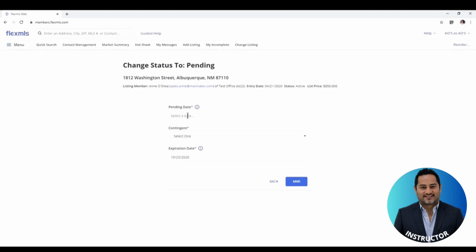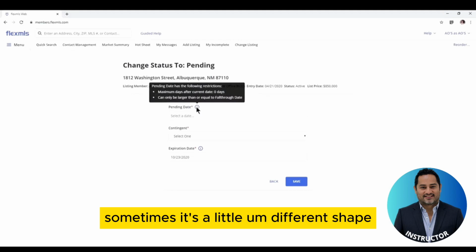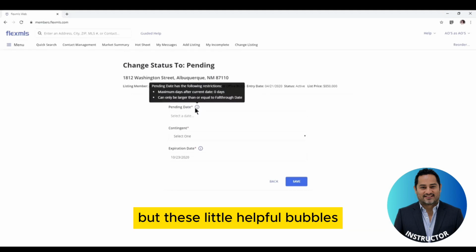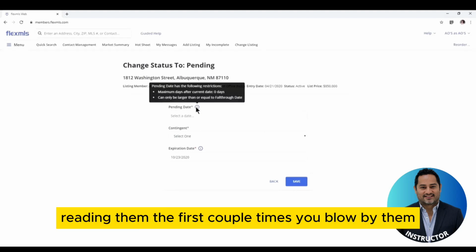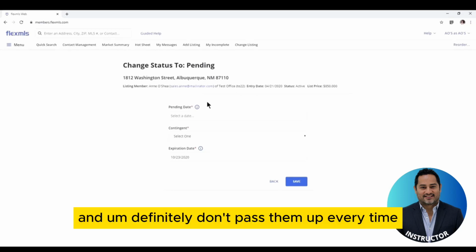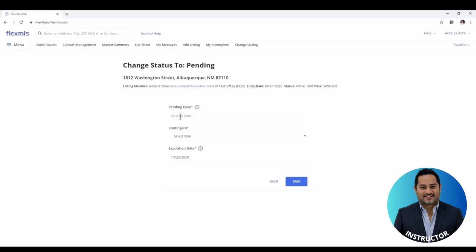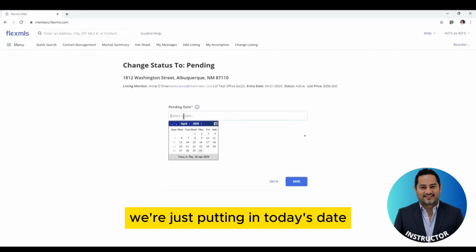Now this little i, sometimes it's a little different shape, but these little helpful bubbles, I would suggest reading them the first couple times you blow by them because they have restrictions or helpful hints, and definitely don't pass them up every time. Definitely take a peek. But in this case, we're just putting in today's date, and when you click in the field,